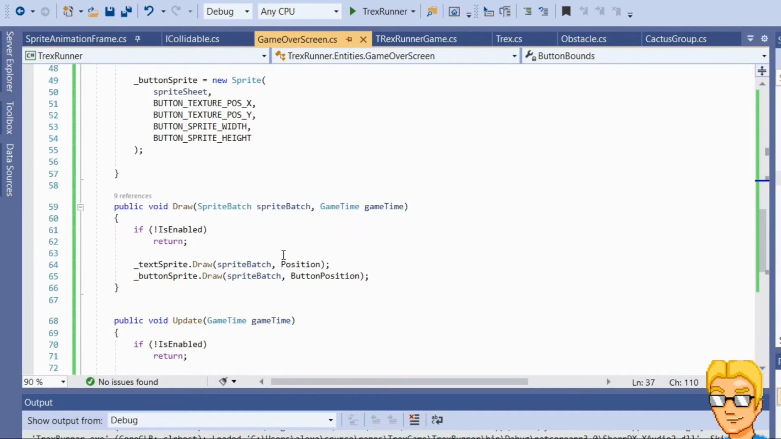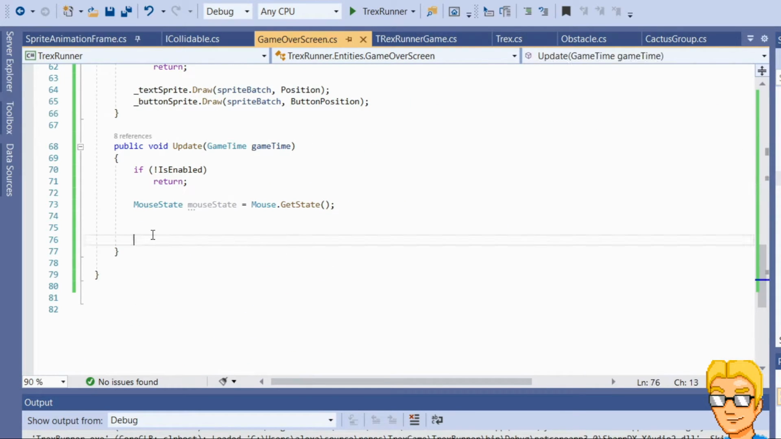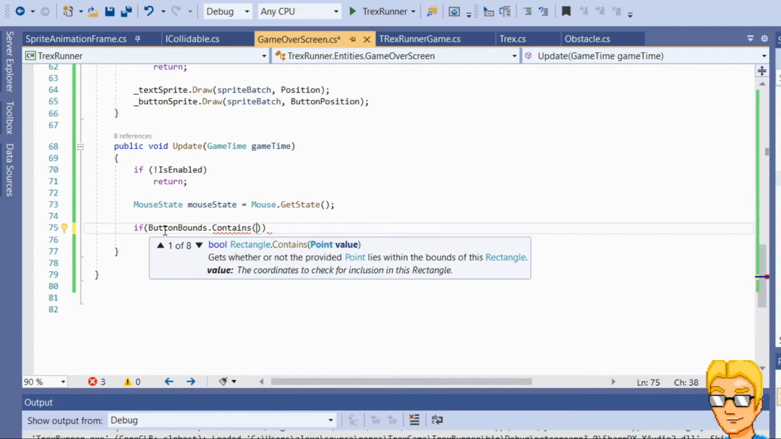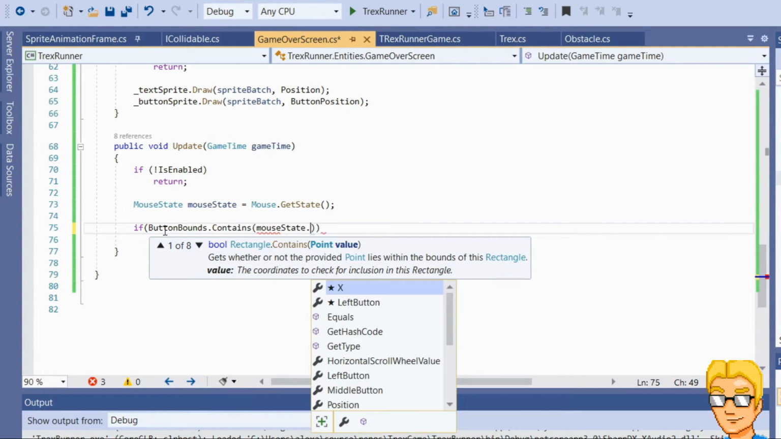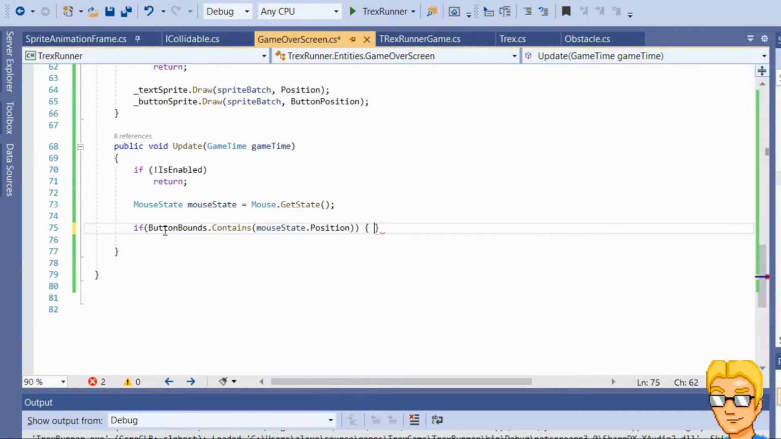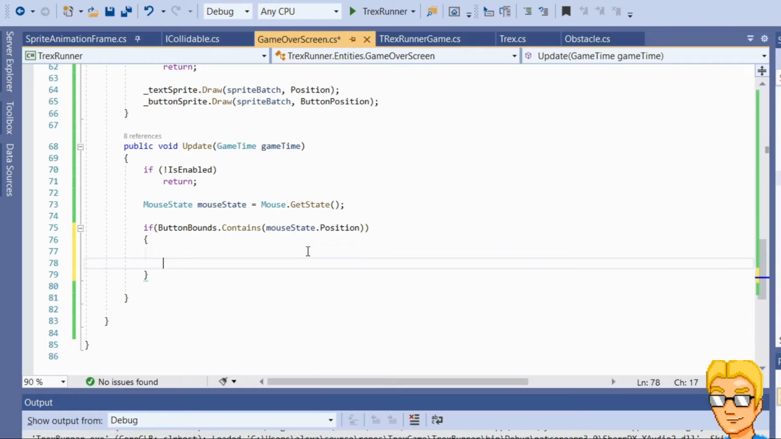And now we can simply go here in the update method and say if ButtonBounds.Contains, then we can pass a point here, and that point will be the position of the mouse. MouseState.Position there. So if the boundaries, if the rectangle that describes the shape of the button, if that contains the position of the mouse